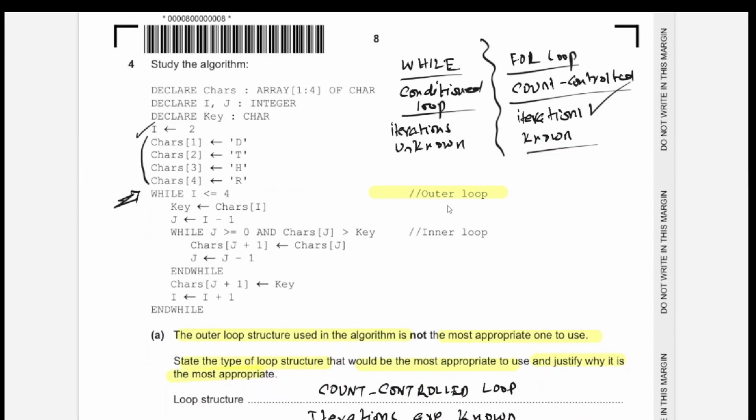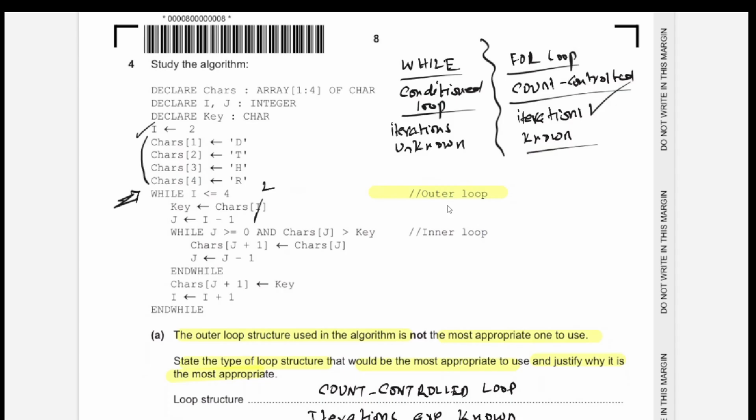While I is less than 4, I started from 2, and unless it is not less than or equal to 4, these lines will keep repeating. Okay. So let's do it. So when I is 2,